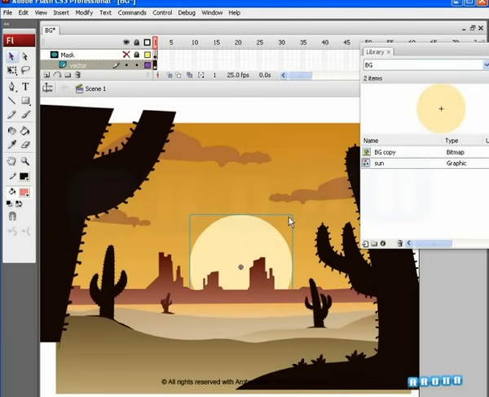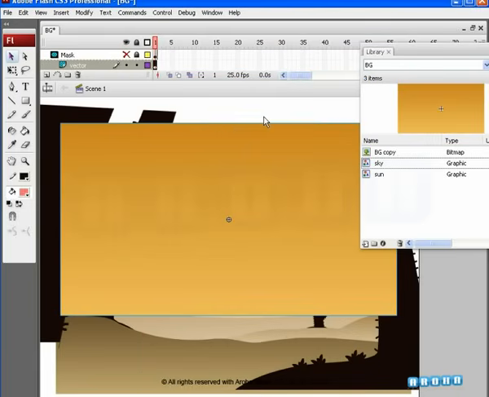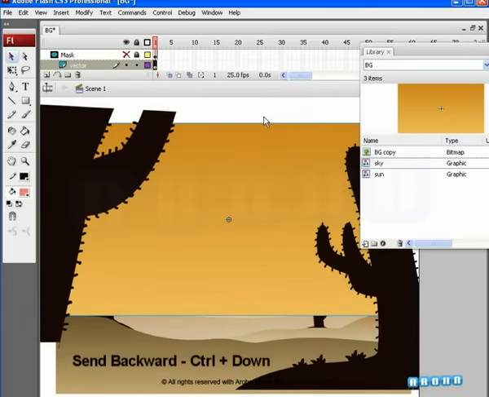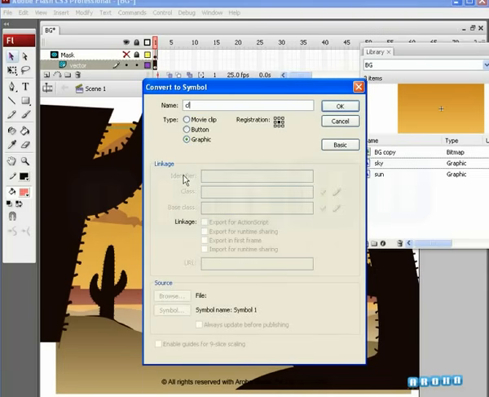Next, select the sky object. Again, press F8, choose the graphic radio button and center registration point and name it as sky. You'll observe that when you convert an object into a symbol, the symbol comes in front of all other objects. You can hold down the Control key and click the down arrow key to reposition the object as required. In the same way, select the clouds one by one and name them as Cloud 1,